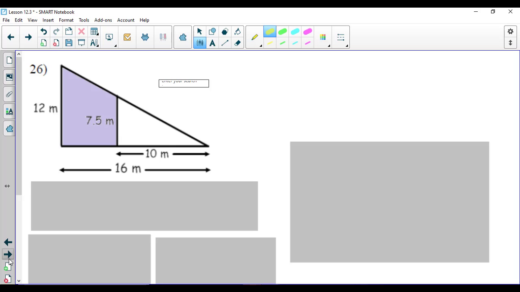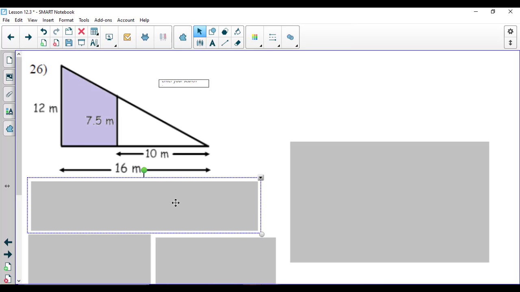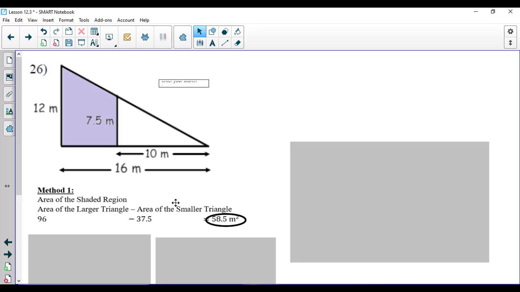All right, our last example, number 26, is kind of interesting because there's more than one way to approach this problem. One of the ways that we can do this is like we did the last few problems, which is we take the area of the large triangle, which is the whole shape, and then subtract the area of the smaller triangle,